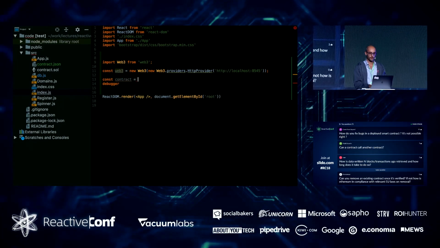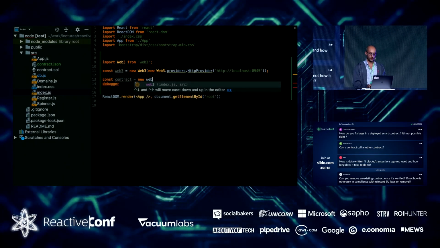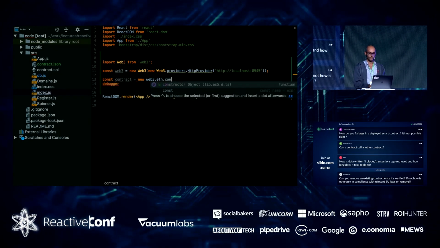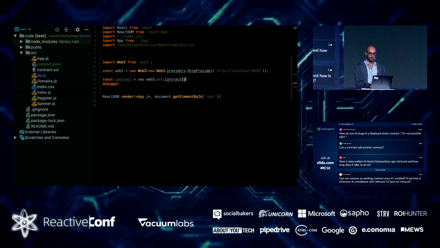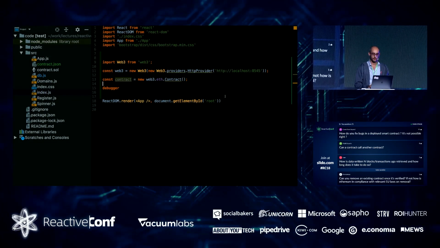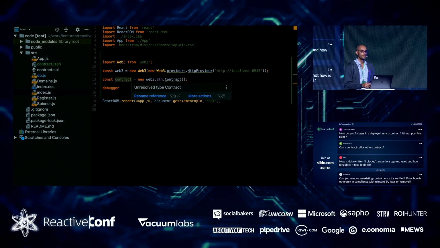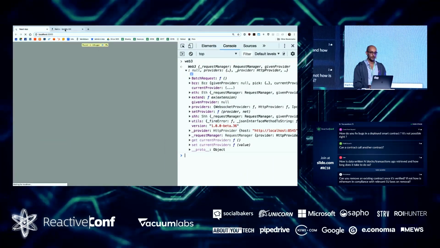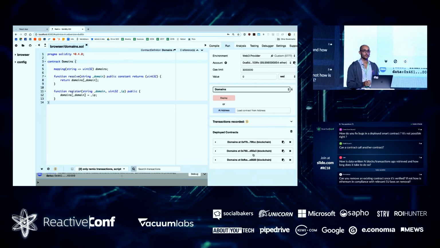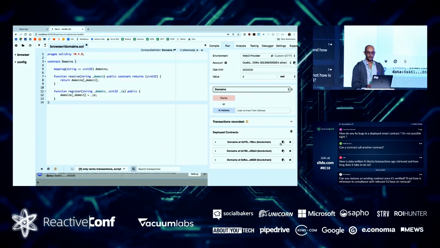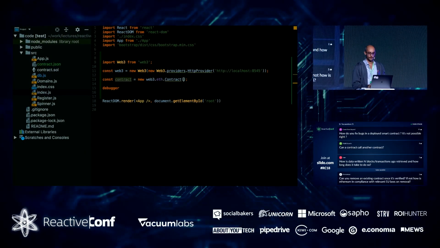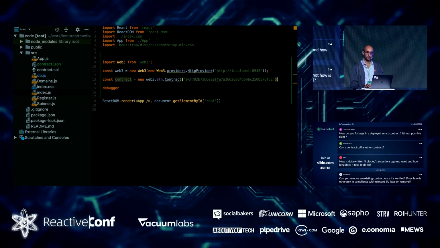Const contract, a new Web3 Ethereum contract. Now, running this won't really work, because there are a few things missing. As you've seen before, I deployed 3 different contracts. So we have to tell which contract we want to speak with. So I'm going to copy the address of the first one. That's where we put all our mappings so far. And even now, we're not really done.